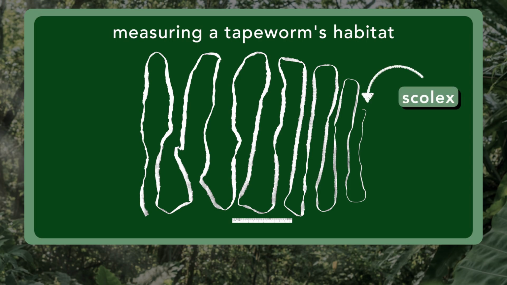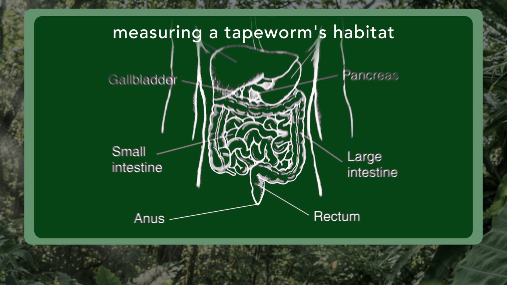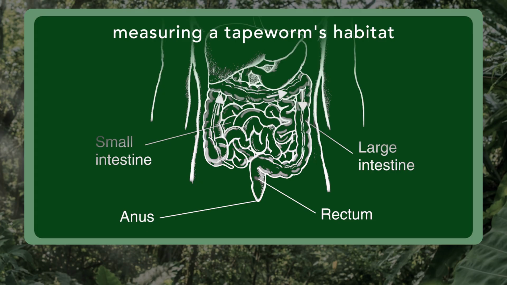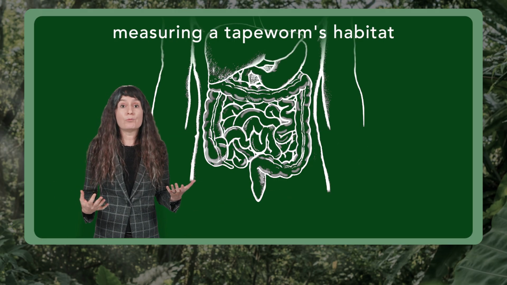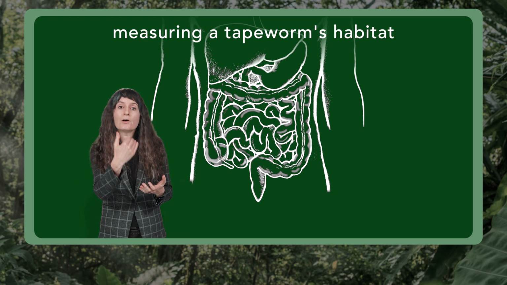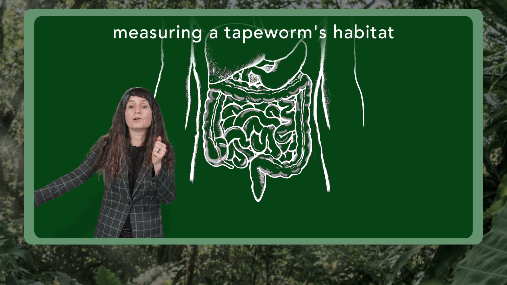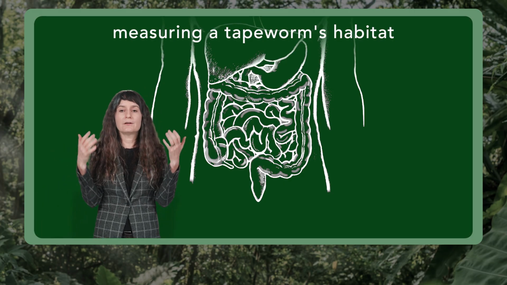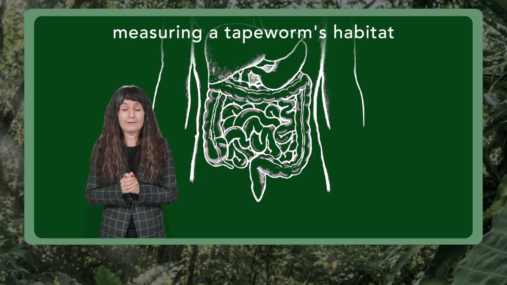Okay, before we see how intra and interspecific competition might work for parasites, let's talk about how to measure it. Tapeworms are really long, and they have only one attachment point. Usually, peristalsis, or the muscular contractions of the intestine, push poop ever posteriorly, a never-ending tide of poop that causes the long tail end of the worm to be pulled down toward the anus from its attachment point at the scolex. You might imagine a tapeworm being attached at the junction of your small and large intestine and then being strung out along your whole colon. Now, this is a human, of course, but it works about the same in any vertebrate gut.